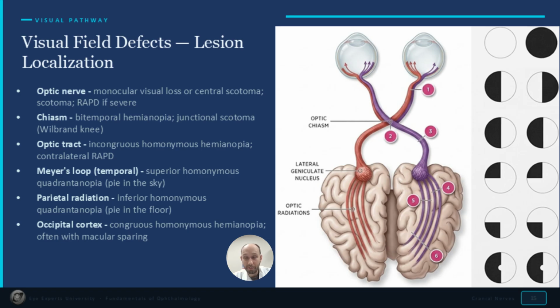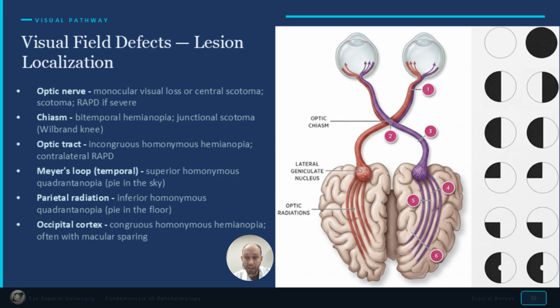That optic nerve is cut, so we get a complete block in visual field on that side. If we cut at the chiasm, because we're only cutting the fibers that cross over, and it's only the temporal visual fields that cross over, we get a temporal visual field defect on both sides, aka a bilateral temporal hemianopia. If we go past the chiasm, now we start just knocking out the contralateral visual field, so we have a